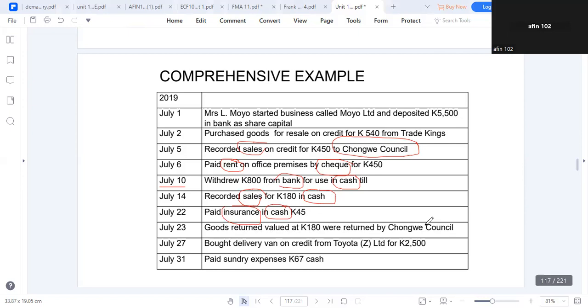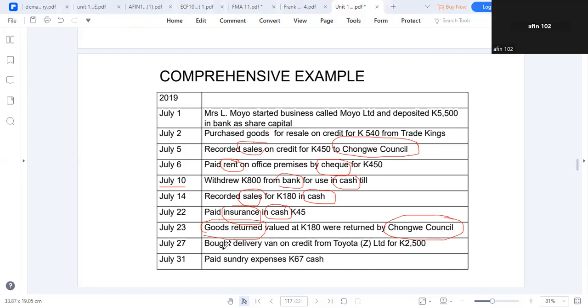Returned goods valued at 180 by Chongwe Council. So what two transactions are we looking at? Returns inward, so sales returns, and Chongwe. Chongwe was our debtor. To increase debtors we debit, but to reduce them, we credit them. Sales returns, we're going to debit it. So is this sales returns or returns what? Returns